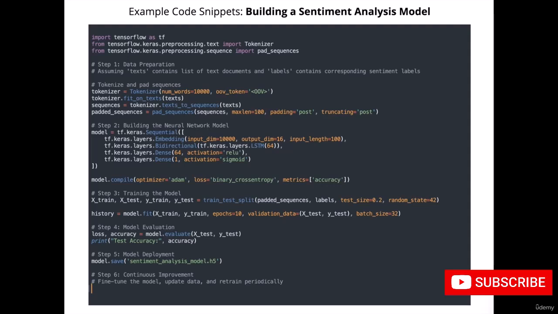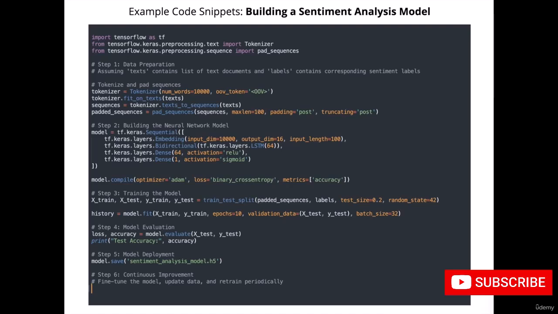You pass xtrain, xtest, ytrain, ytest. These are the values that you'll get, the tuple from the train test split function. You pass the padded sequences, labels, test size, and random state to it. Next, we're going to fit the model by calling the model.fit function and give the result to history. Xtrain, ytrain is what we pass, epochs of 10, validation data xtest and ytest that we got, and then batch